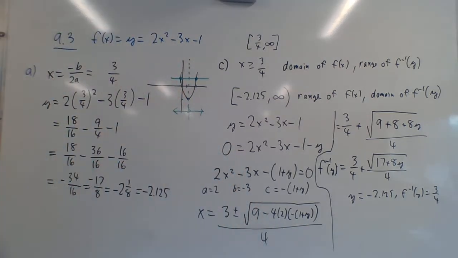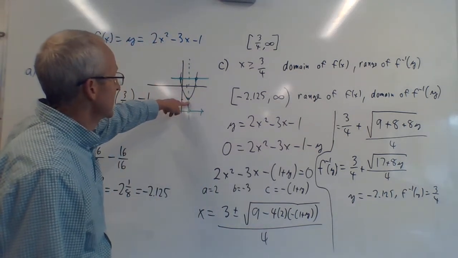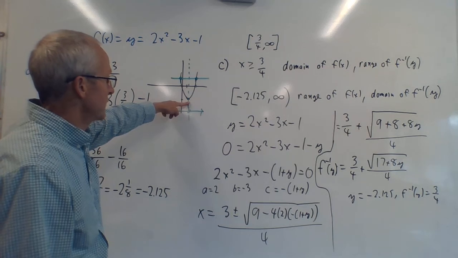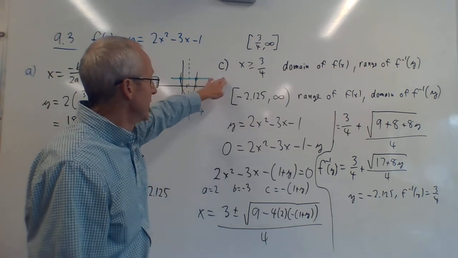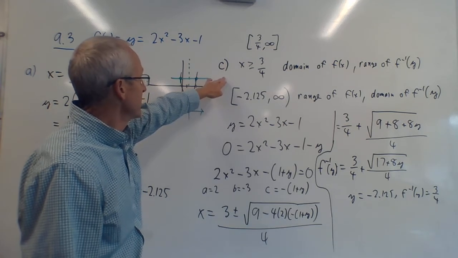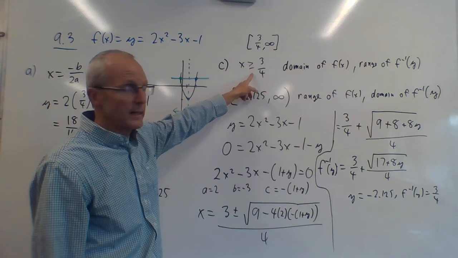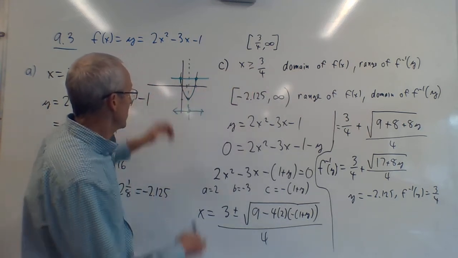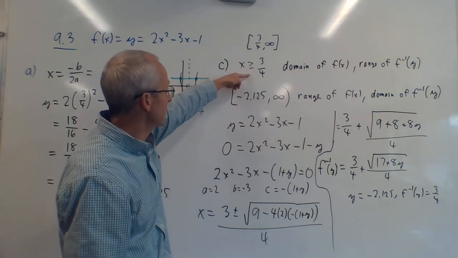And then on the last part, they say, find the formula for the inverse function, f negative 1 of y, for the other side of it, for x less than negative 2.125. So all we gotta do for part D is exactly the same thing, but our new domain is x less than or equal to here. Right now we're doing the other side of our parabola. So we're doing the left side versus the right side. So you change that to less than or equal to,